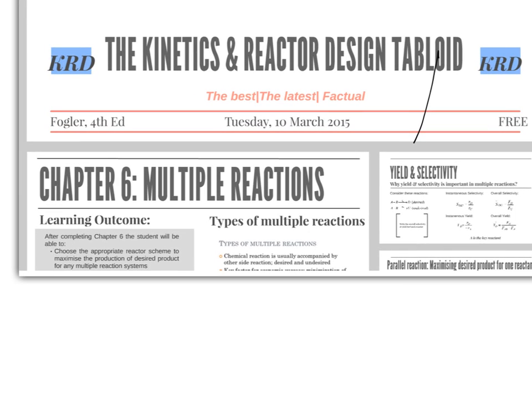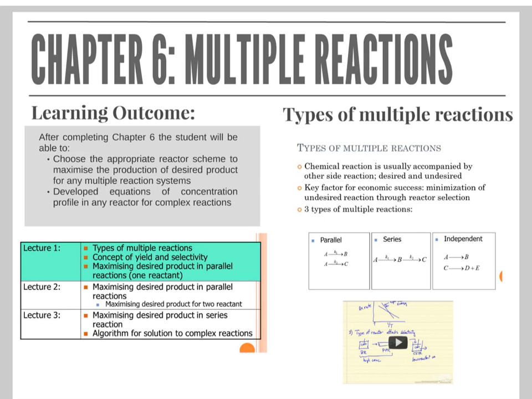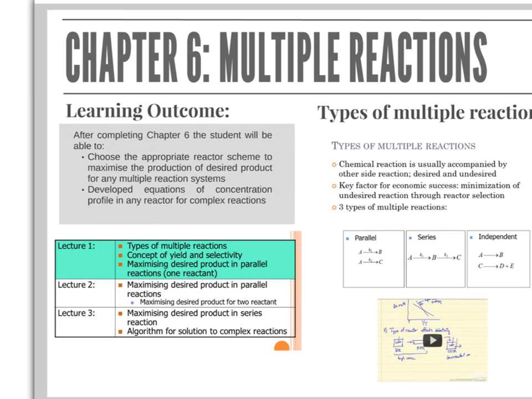Here we will address the several learning outcomes, which is, after completing chapter 6, the student will be able to choose the appropriate reactor scheme to maximize the production of the desired product for any multiple reaction system, as well as to develop equations of concentration profile in any reactor